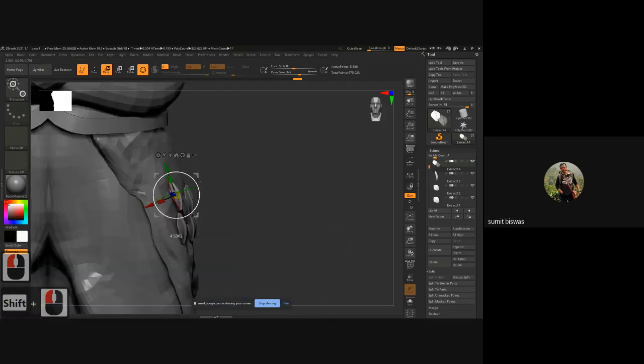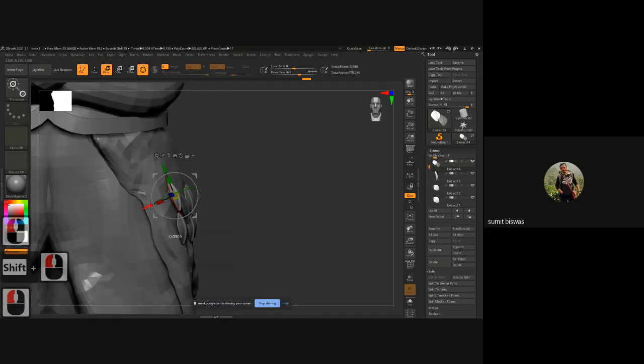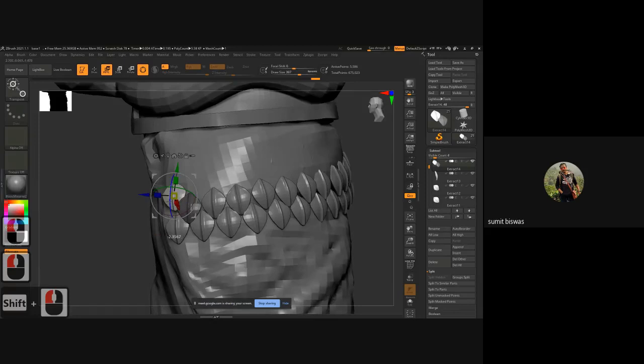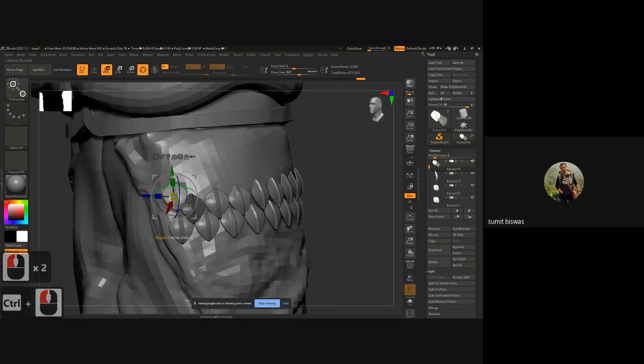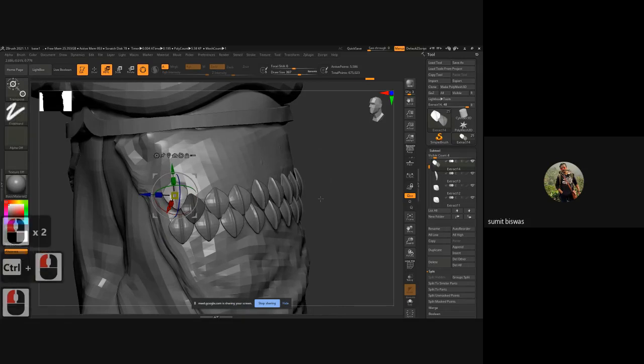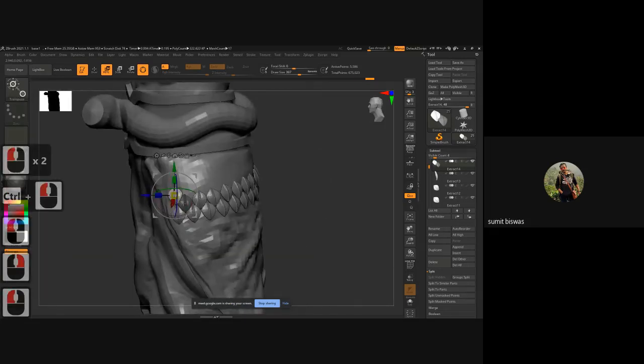Slightly you can bend, invert. Let me bend this also slightly and put it inside, reverse. Now it's correct. So I got this section ready.